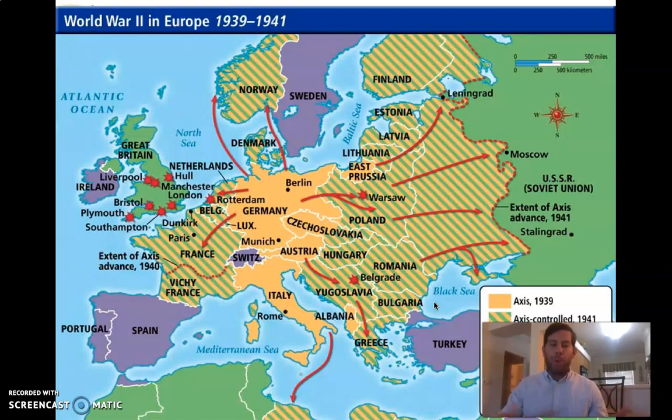And a thing that's really important to understand in this fourth lecture is that the powers that fought against Nazi Germany in the 1930s and 40s were not fighting against Nazi Germany because of the Holocaust. In fact, it's really important to note that most people around the world, and even a lot of people within Germany, and I'm not trying to remove any blame here. The Holocaust is arguably one of the worst genocidal